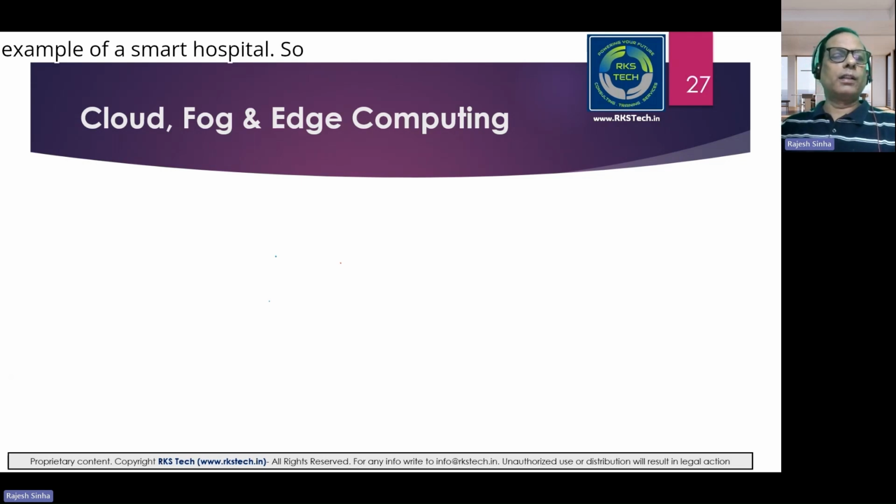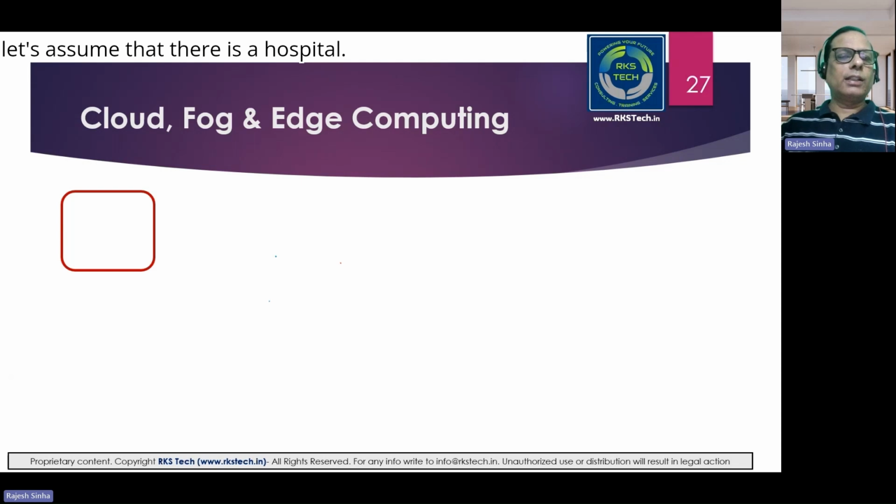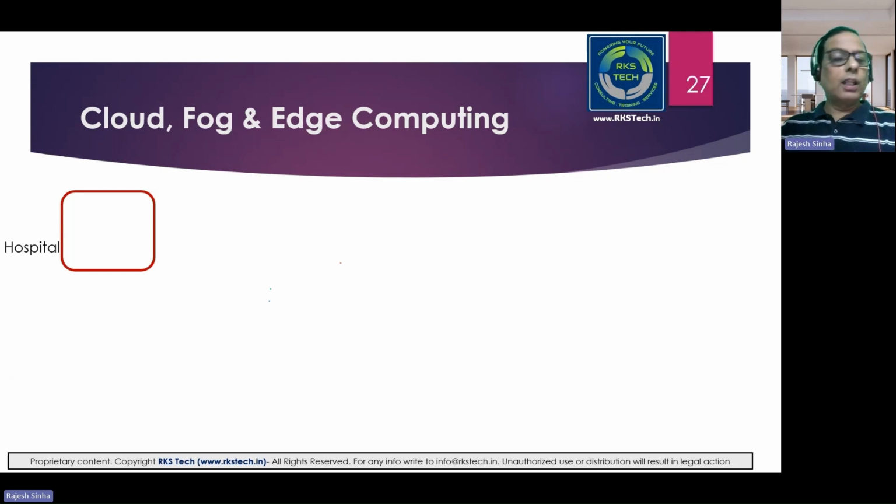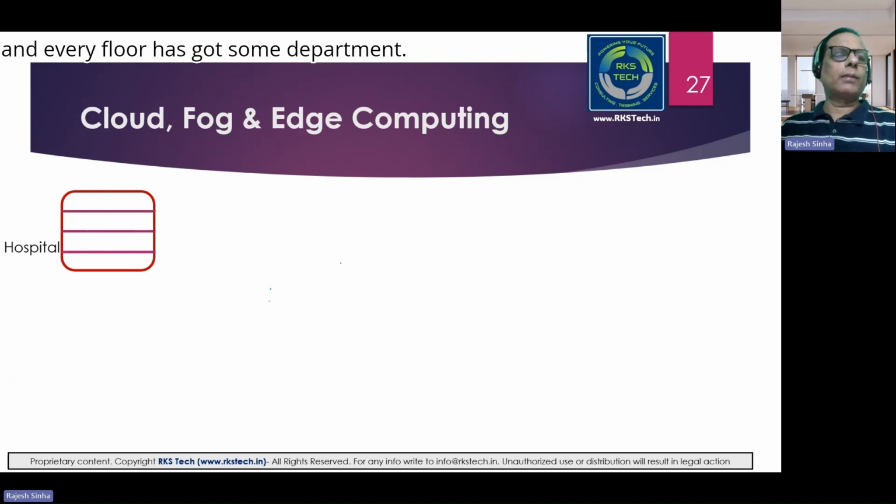of a smart hospital. So let's assume that there is a hospital. This hospital has got 4 floors, and every floor has got some department. Floor 1 is gynecology, floor 2 is orthopedics, floor 3 is something, and floor 4 is something. And this is about a 200 bed hospital. On every floor we have 50 beds, and